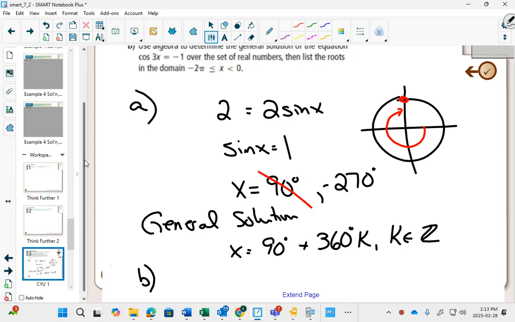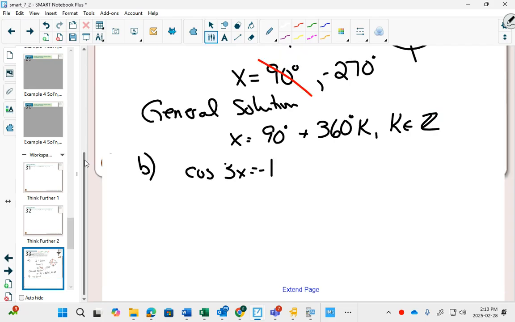And then B, use algebra to determine the general solution, then list from negative 2 pi to 2 pi. So we're going to start with cos 3x equals negative 1. Do you recognize with the 3x in here, what kind of question is this? Multi-revolution question. What did we do with the multi-revolution questions? First, if we normally solve between 0 and 2 pi, then 3x would be between 0